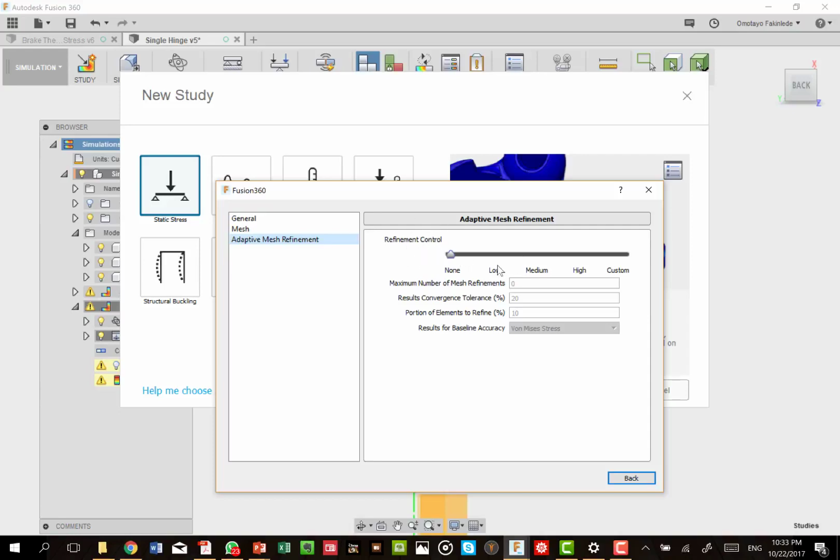It will set that tolerance in such a way that it will continue solving this problem over and over until the changes between the iterations are as small as the tolerances you specify here.